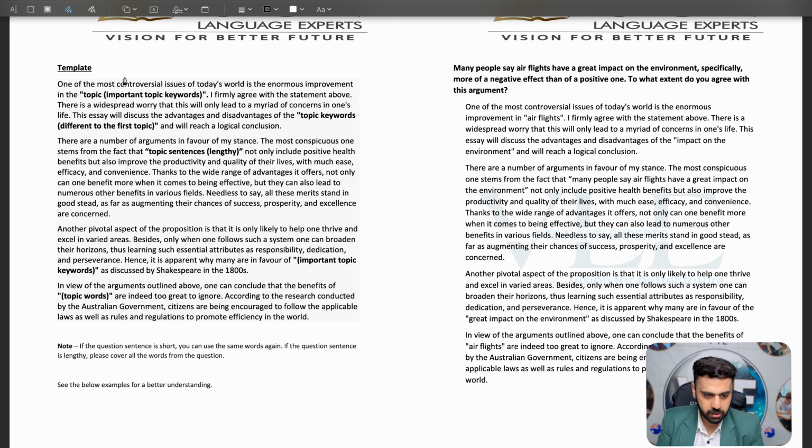Now let's talk about this example of an essay. This is the type of essay template which used to work in 2023, even in 2024, where you just had to put the topic keywords, right? These kinds of essays used to give perfect marks, 15 out of 15. If I give you the example over here, we have air flights and then we have picked up a topic,